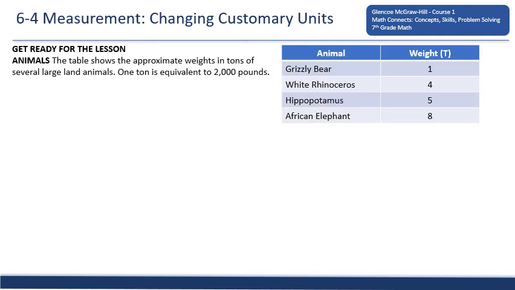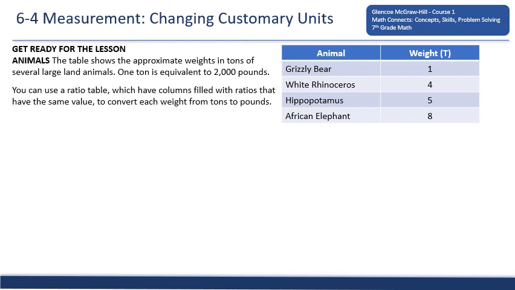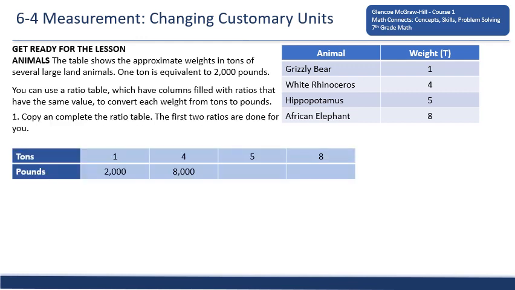Get ready for the lesson. The table shows the approximate weights in tons of several large land animals. 1 ton is equivalent to 2,000 pounds. You can use a ratio table, which has columns filled with ratios that have the same value, to convert each weight from tons to pounds. So,